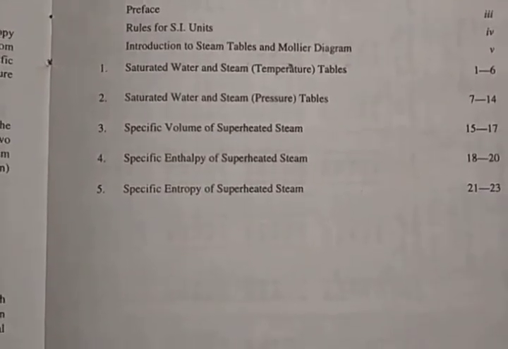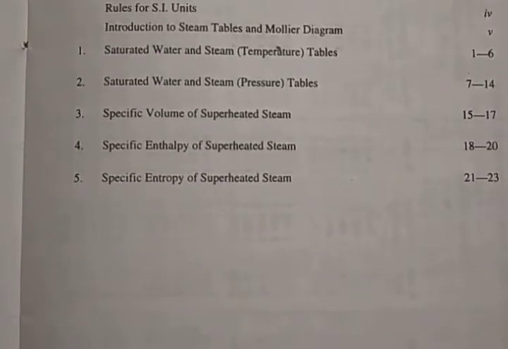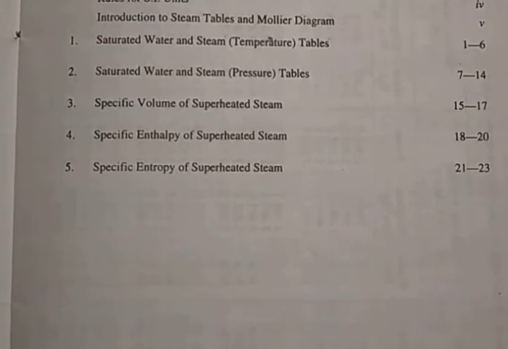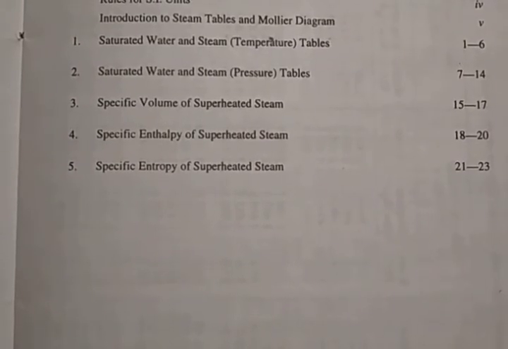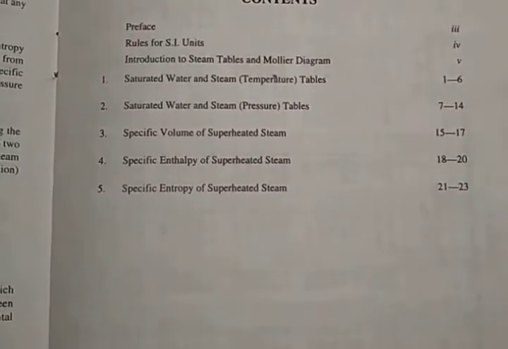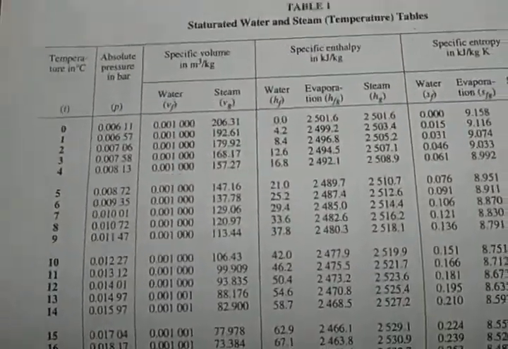The third table is of specific volume of a superheated steam. The fourth one is specific enthalpy of superheated steam. And the fifth one is specific entropy table. So let us see what are the different parameters in each table. So the table consists of, if you see table 1, the first term in the table